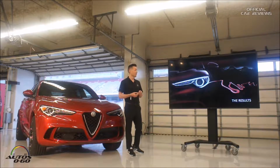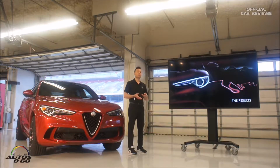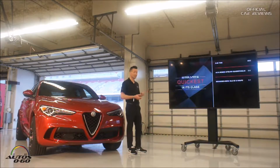So one thing we went out with was a 3.9 second 0 to 60 time. That was an early build vehicle that we did in initial testing, and we thought there was a little bit left in the tank there as far as some opportunities, so we went out and continued to test. And I'm happy to report here today that our 0 to 60 time is best in class at 3.6 seconds